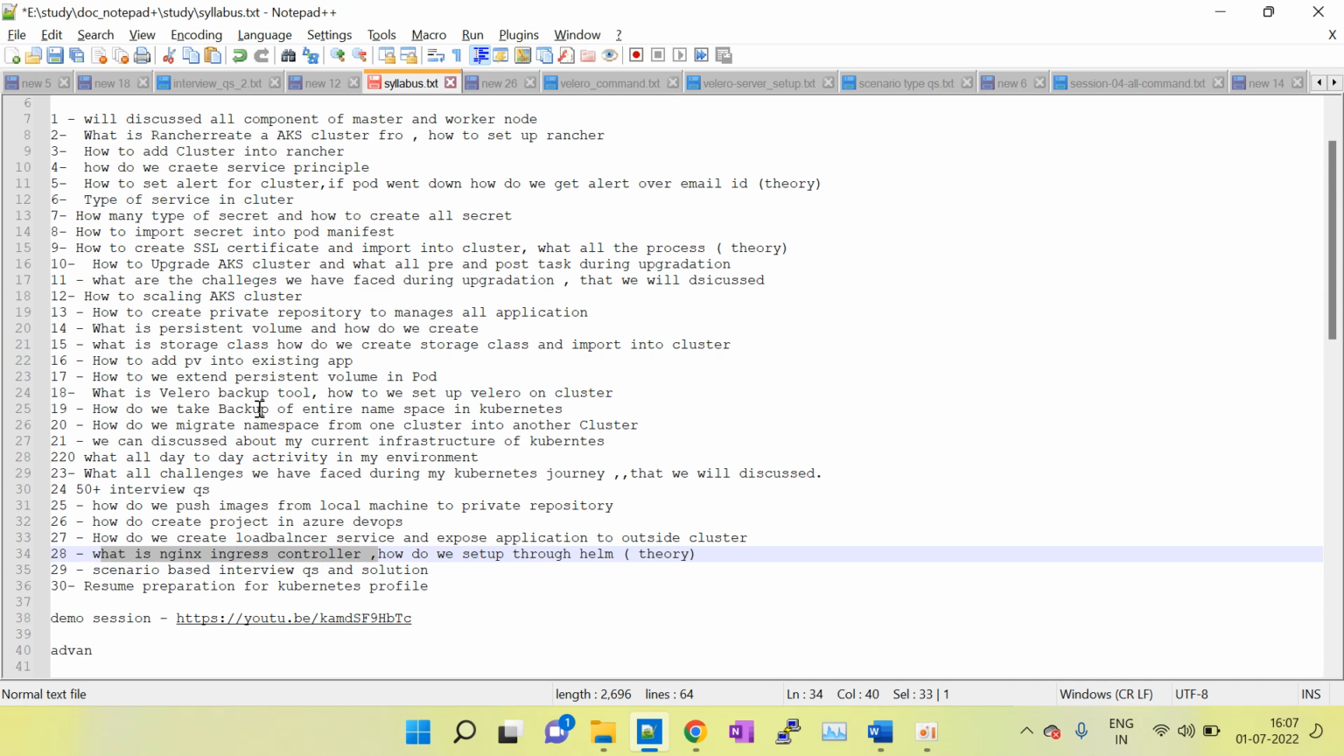how we set it up through Helm, what is the storage class, how to add it, what are persistent volumes, persistent disk, PVC, and how to add the persistent volume into an existing application. Suppose your application is using a persistent volume and consuming 150 GB, and out of 150 GB, 130 GB has been occupied. So how do we extend the persistent volume? What are the pre-tasks and post-tasks to extend the existing